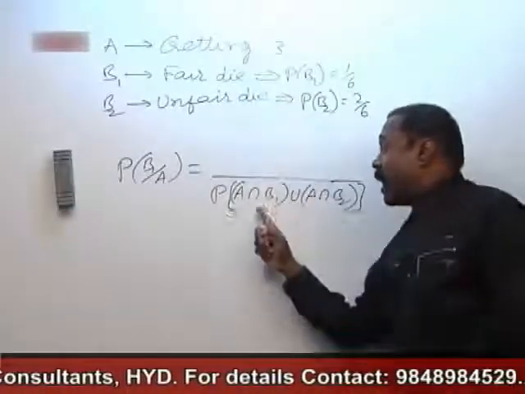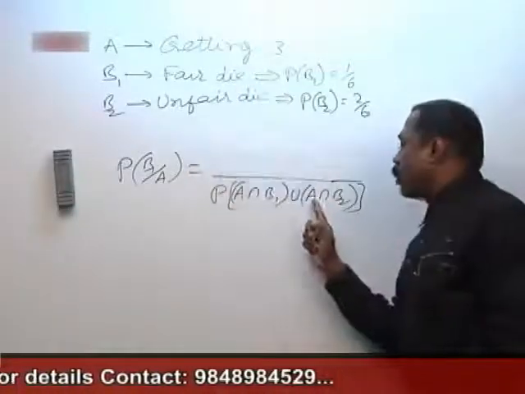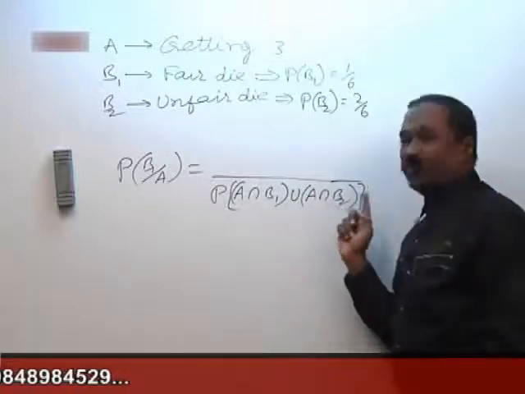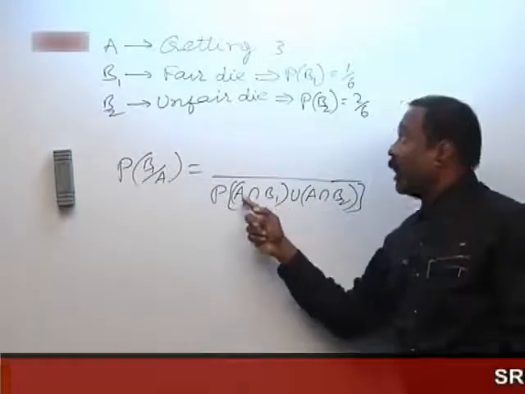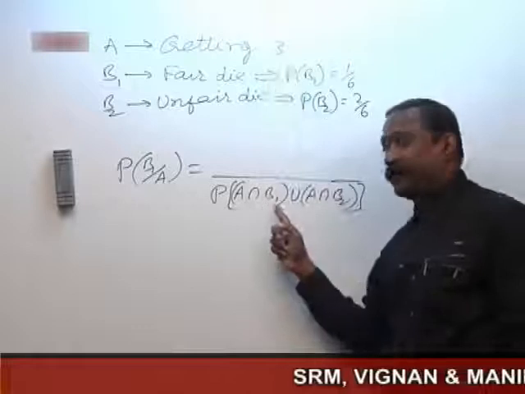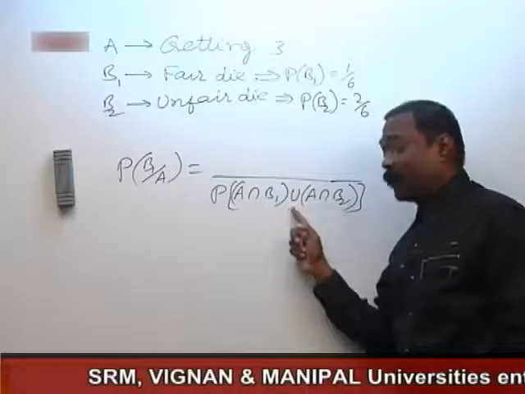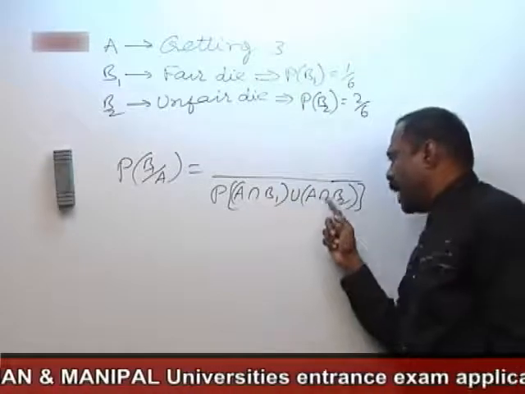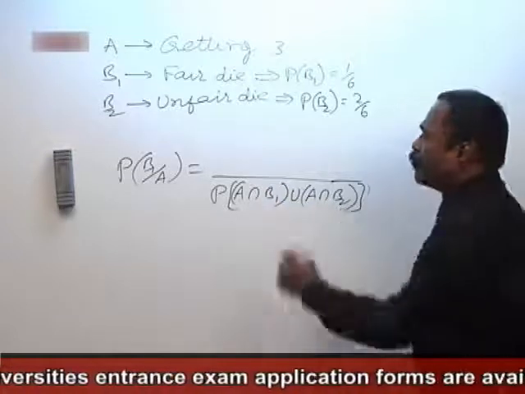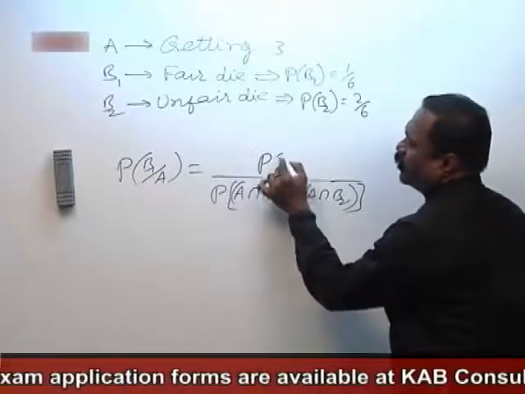Either getting 3 may happen with B1 or getting 3 may happen with B2. That's what I have written here. A, that is getting 3, may happen with B1 or, this is union, or it may happen with B2. But what do we need? We need it to happen with